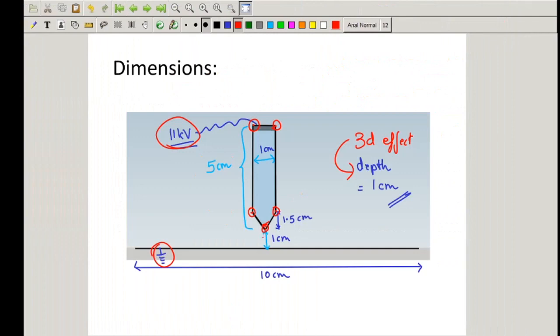We consider this node as origin first, 0, 0, and having 1 centimeter as the width, we bifurcate it here, and this becomes 0.5, and the height from origin is 1.5. So this point becomes 0.5 comma 1.5 centimeter, and similarly this point becomes 0.5 as the x coordinate and 1 as the y coordinate.